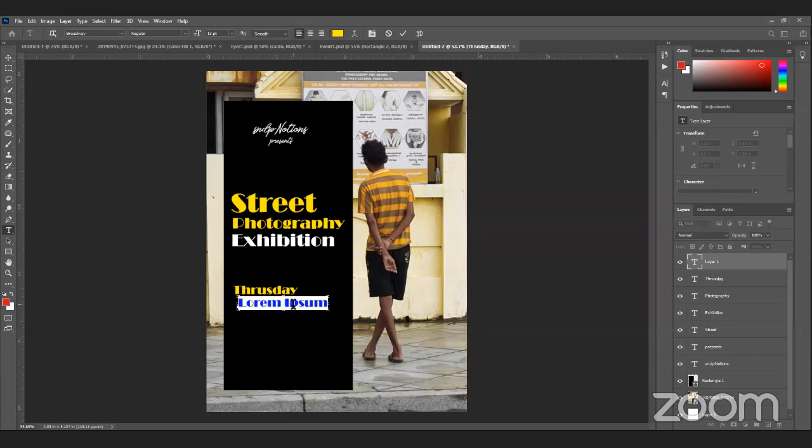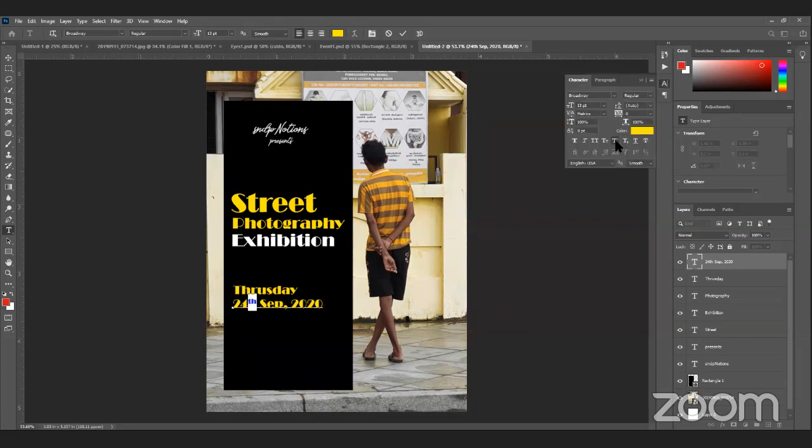So let's make it next Thursday. Again, now I have to do this. We did this yesterday, superscript and subscript.